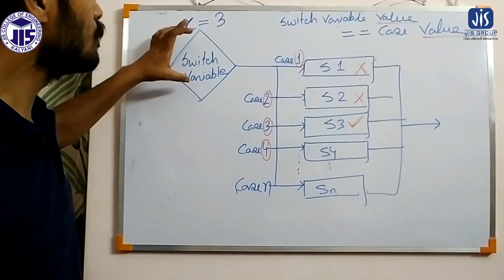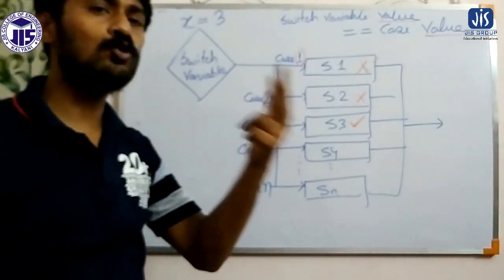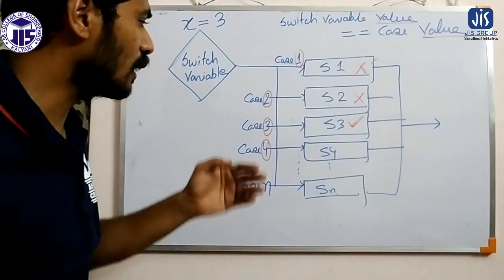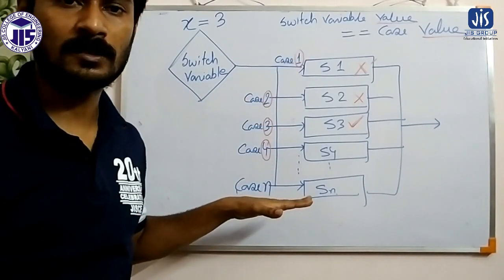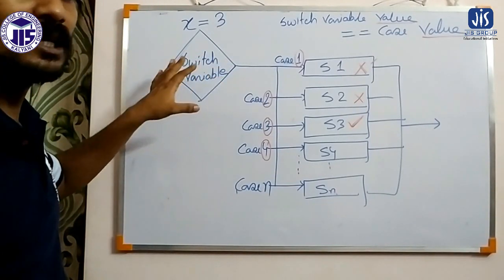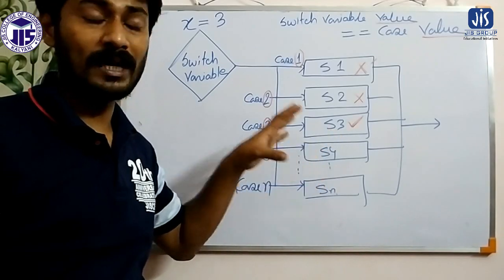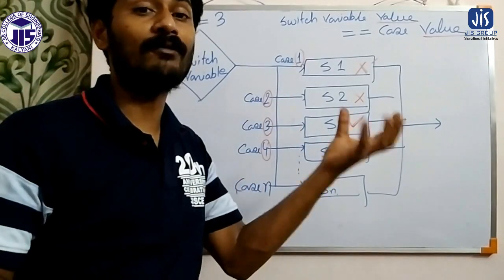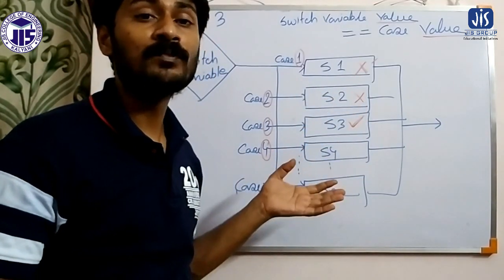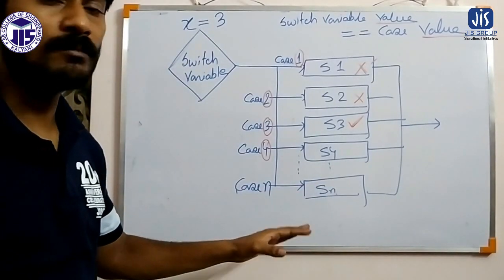So here you can see the difference between if-else, nested if or else-if: there we have only two options, either true or false. But here we have multiple options, number one. And number two, here we are not applying any condition. We are taking a variable and using the variable value to decide which statement will get executed. We are not considering any condition, and that's why we are getting multiple options.